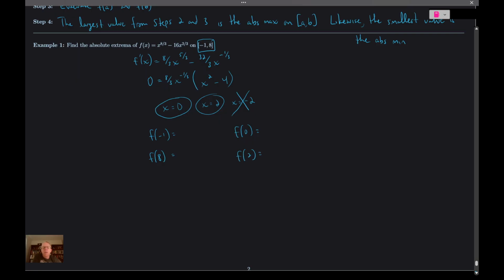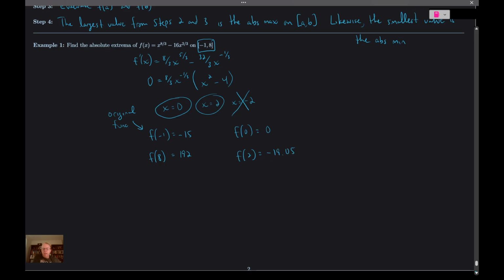Now notice again, evaluating in the original function, not the derivative. So let's see what we get. And obviously, you probably need a calculator for some of these. F of negative 1 I have is negative 15. F of 8 I have is 192. F of 0, of course, is 0. And then f of 2 is going to be negative